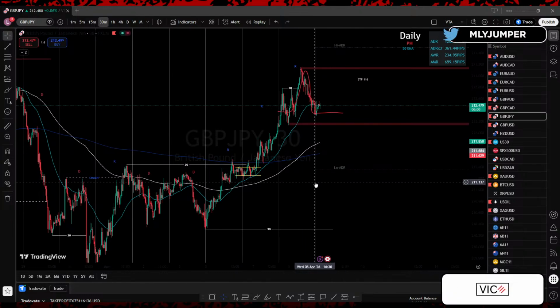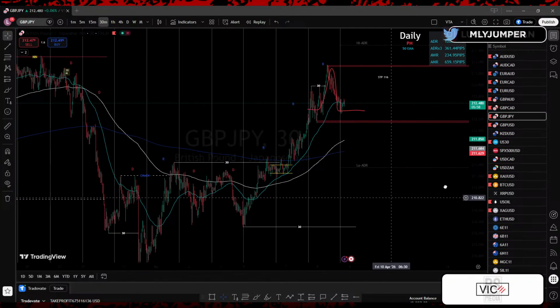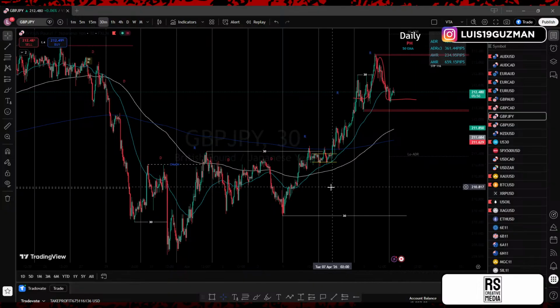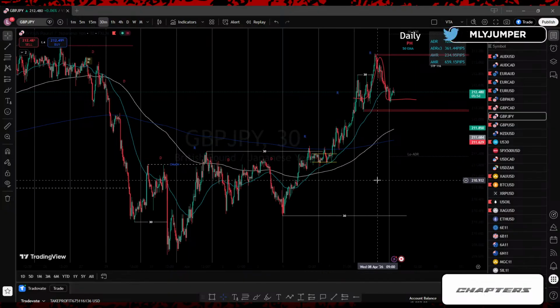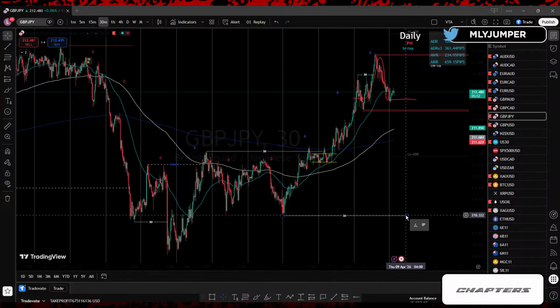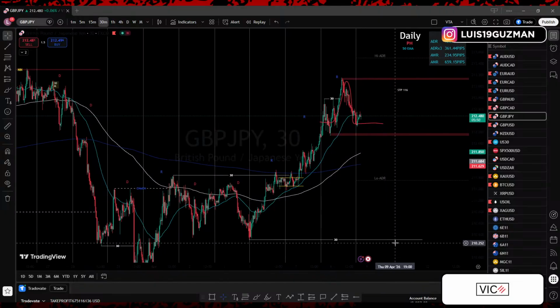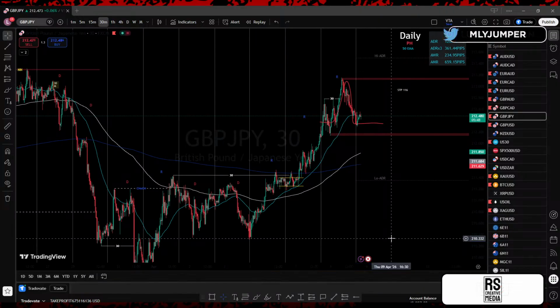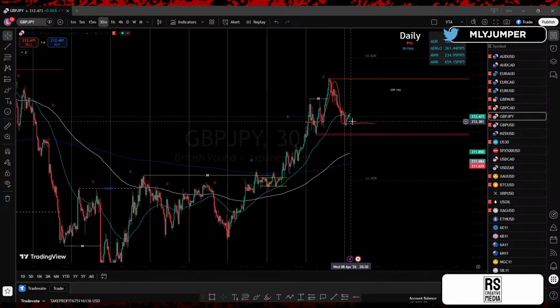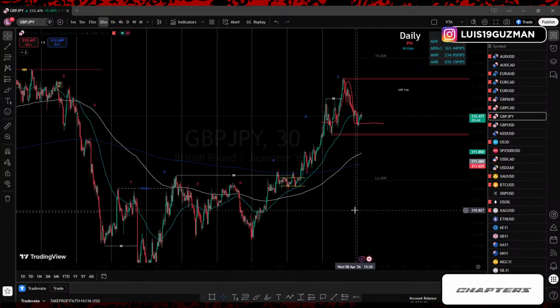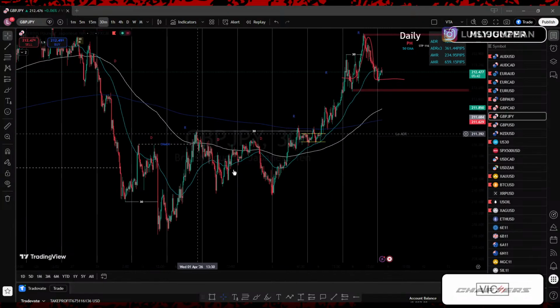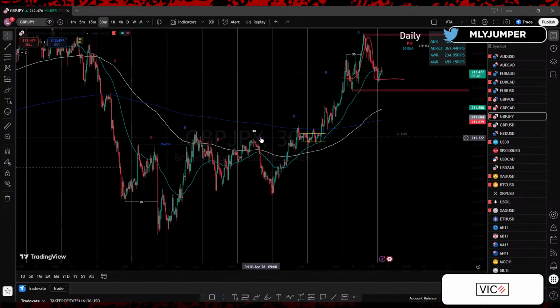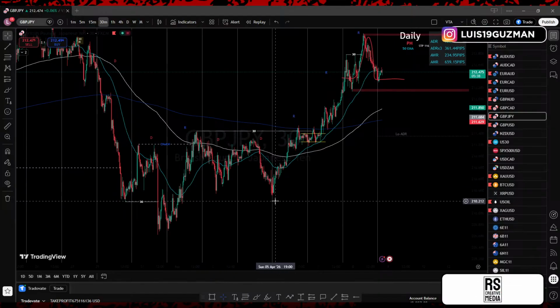So just keep it simple. Like the easiest way to go through market structure, especially when you're on the lower time frame, but it doesn't matter whatever time frame you're on, the daily, the 4 hour, the 30, just mark it up with the trend line tool. So now you know exactly where you're at. You know that everything between this high and this low, all of this was just internal structure on the lower time frame.